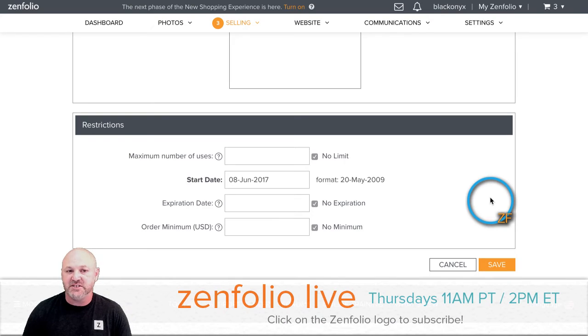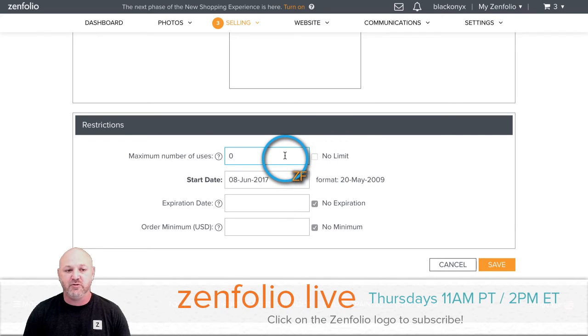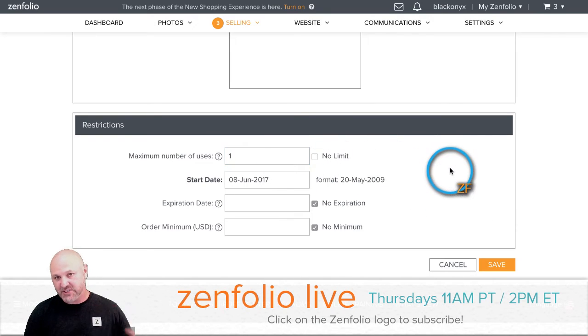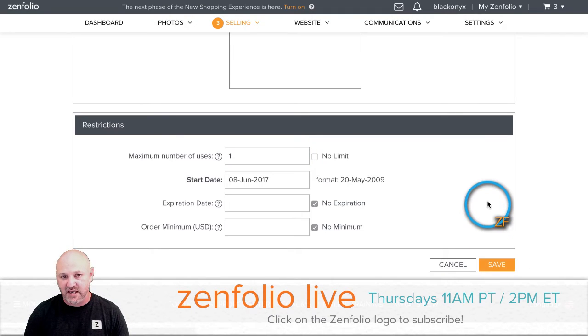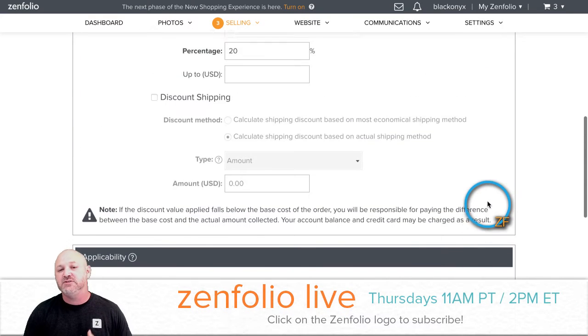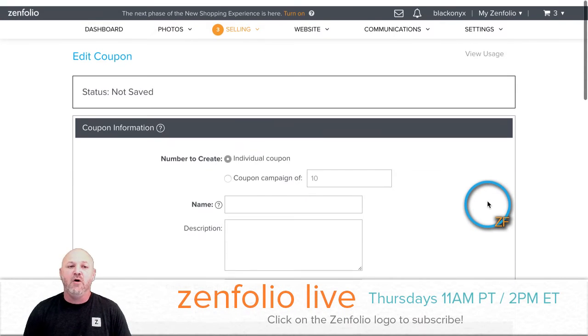Is there an expiration date or something like that? So in this case, I'm just going to do a one limit use. And then if I were actually creating this for a client, I would click save and then email them that coupon code. Now, when it comes to when should you use a gift certificate over a coupon code, well,